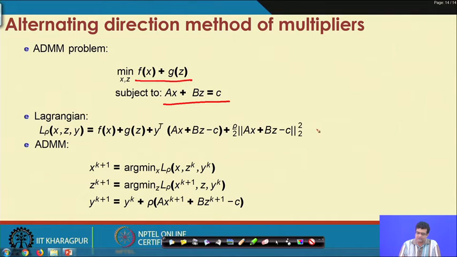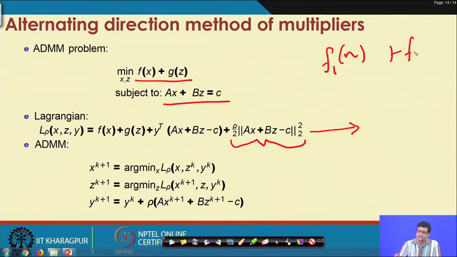Then we have already defined the augmented Lagrangian like this, and because of this squared term, it does not decompose into the form f1 of x plus f2 of z, which is what we would ideally want.